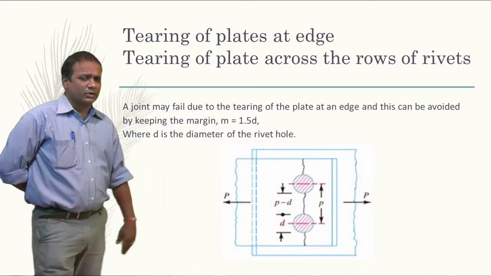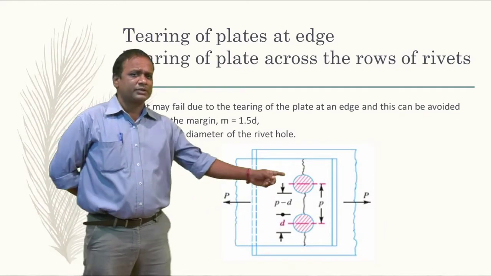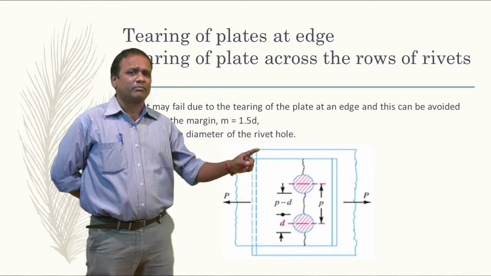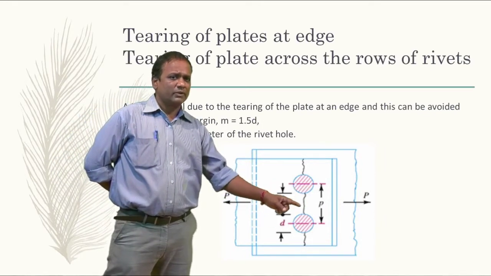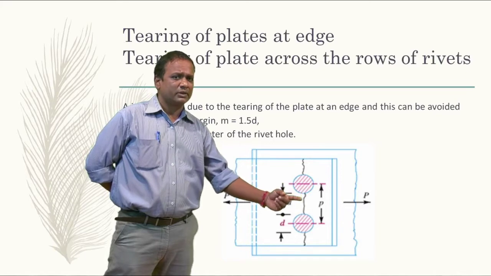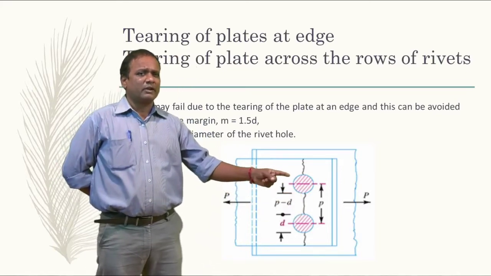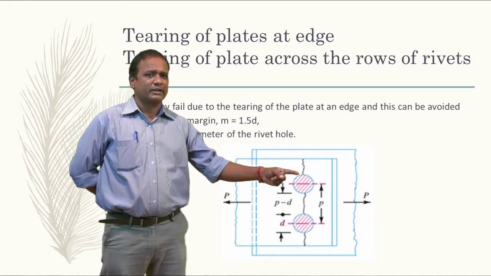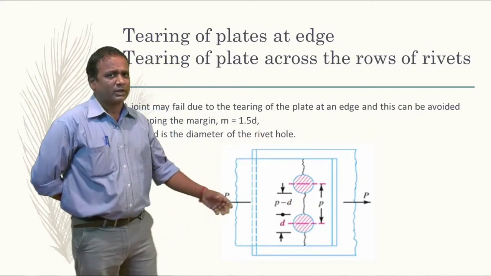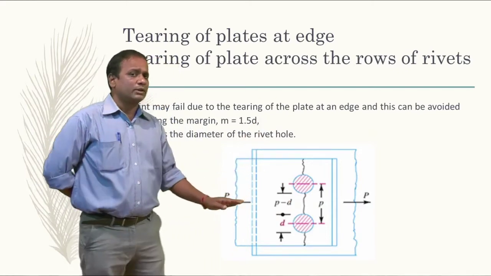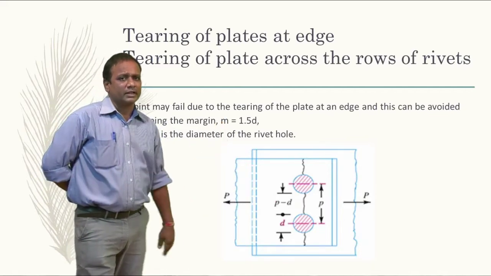This sketch reflects the failure. As you can see here, I have a tensile pull at the cross, with a bottom plate and a top plate. In one pitch P, I have two rivets: half of a rivet in this pitch length and half of it over here. This happens when you have a tearing across this. You can see here a tearing of the plates. This is what we call tearing of plate, and it can surely be avoided by taking the condition m equal to 1.5 d.